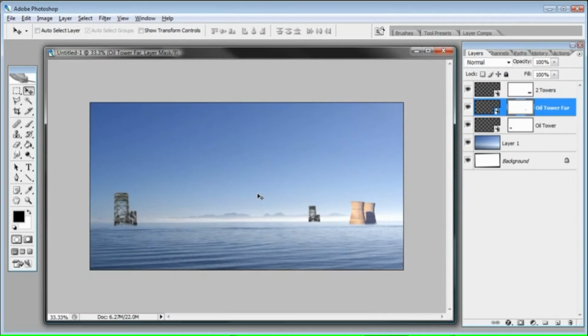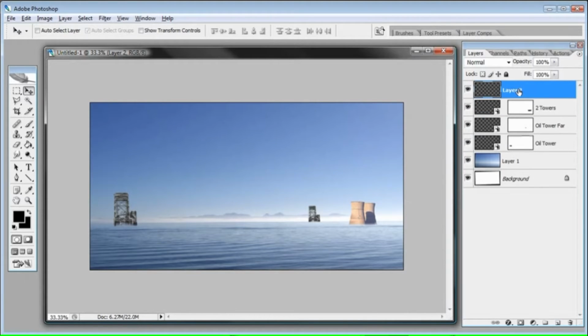How about we add some smoke coming out of these two towers here? That would be pretty cool. So let's click on two towers. I'll make a new layer above that layer, and we'll call this smoke. And for the smoke, what we can do is on this new layer, I'll select the lasso tool, and I'll